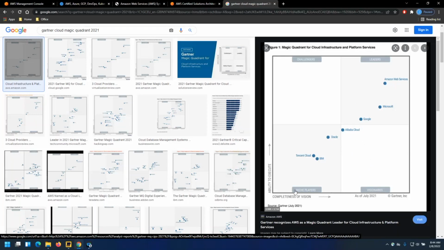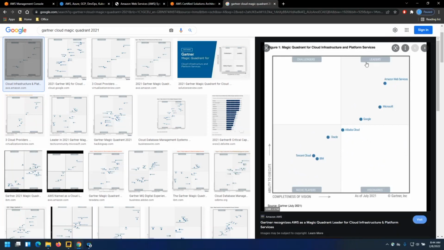Niche players are those doing well at a beginner level. Visionaries have a long vision or goals as far as their business or product or tool is concerned. Leaders are the ones actually leading that particular tool or product or cloud.